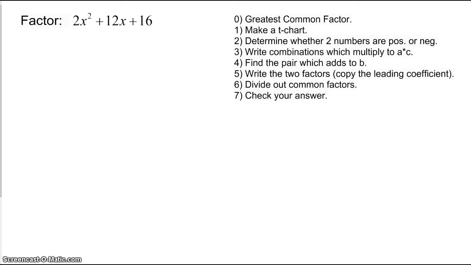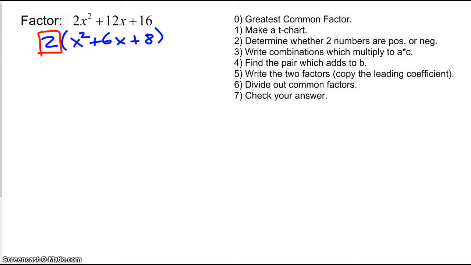Okay, so in this case, I have a 2x squared, I have a plus 12x, and I have a 16, and the number portions are all divisible by 2. So using the greatest common factor factoring method, we could factor a 2 out. So I'm going to do that. I'm going to factor a 2 out, and what will be left behind is an x squared plus a 6x plus an 8. Then I'm going to just leave the 2 over here on the side, and I'm going to work with the rest of the trinomial,